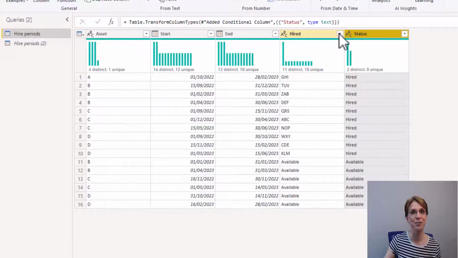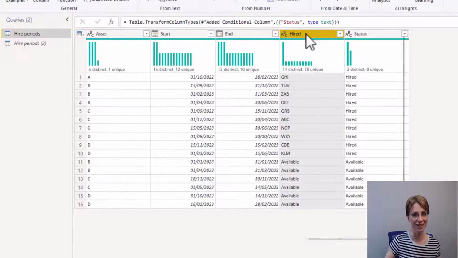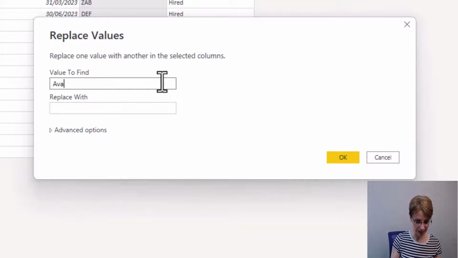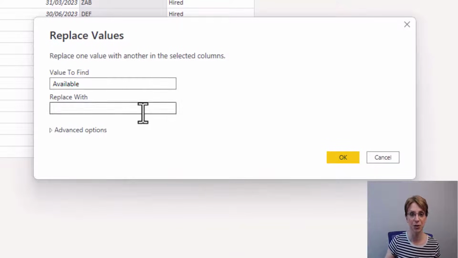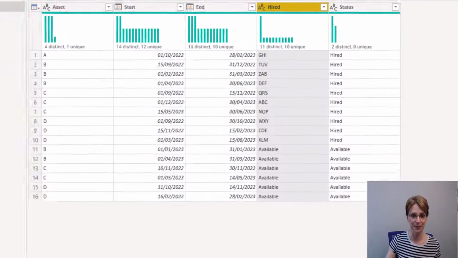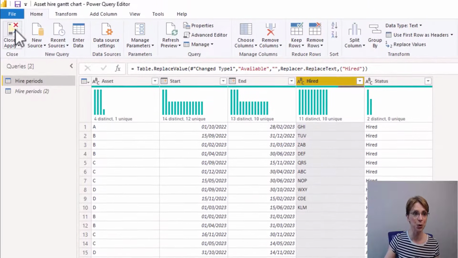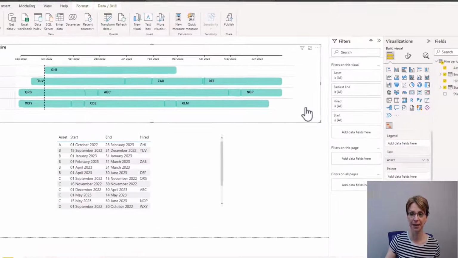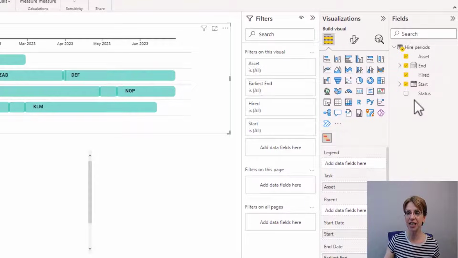Now I can go back into my hired column and right click on it and replace values. I want to remove the word available, so the value to find is available, and I'm going to replace it with nothing. So I leave the box blank. Click OK. I now go back to my report, so close and apply. If I click on my asset hire chart to select it, then if I take my new column called status and drag it into the legend field,